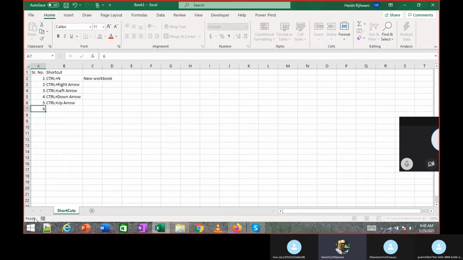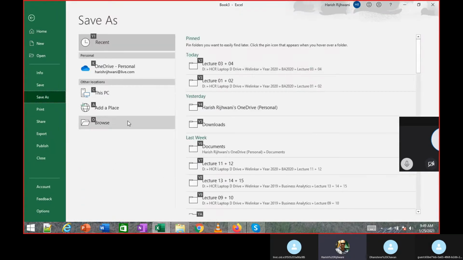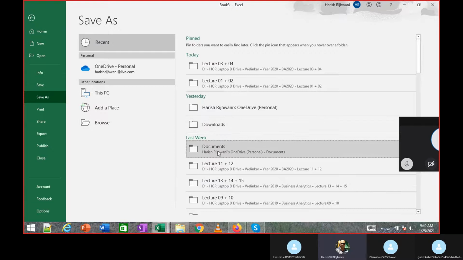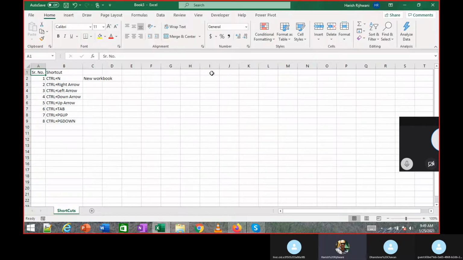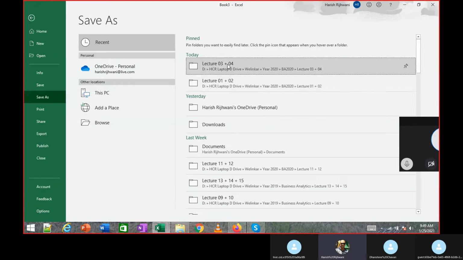We looked at Control Tab. This will navigate between workbooks. We looked at Control Page Up. Okay. We looked at these reports. Let me just save it before I forget.